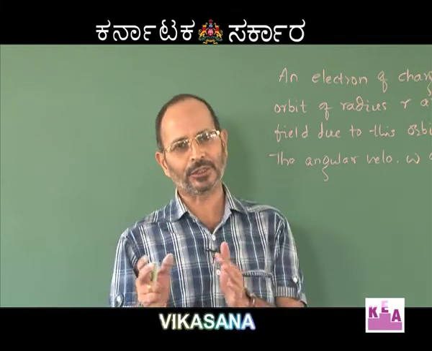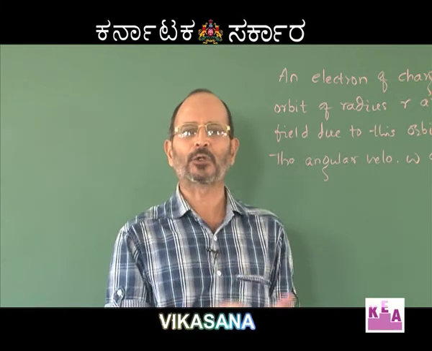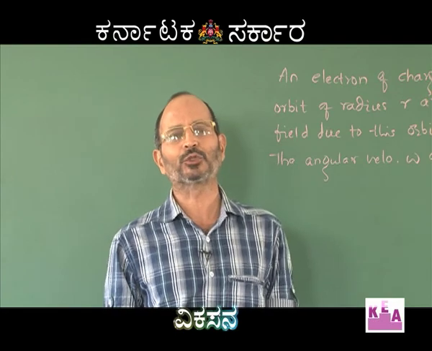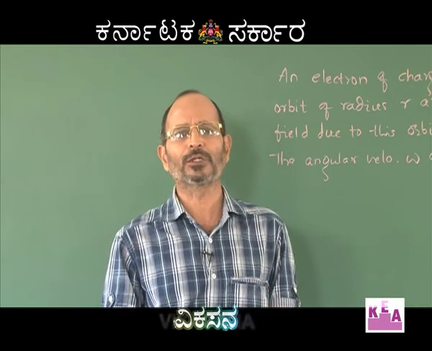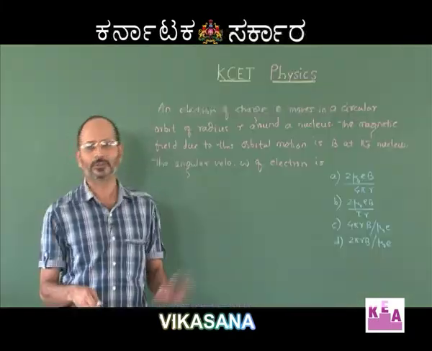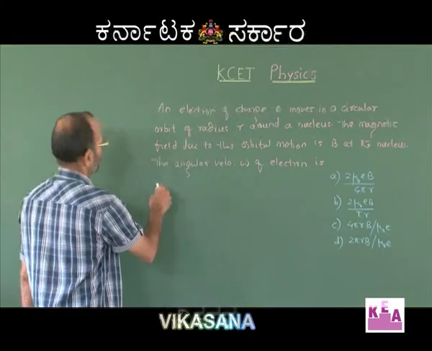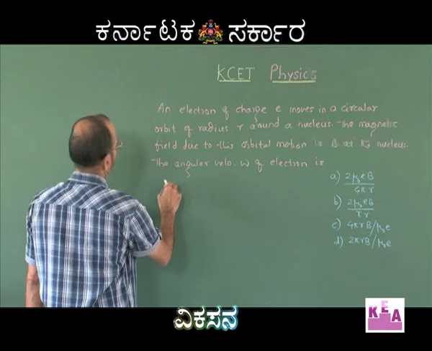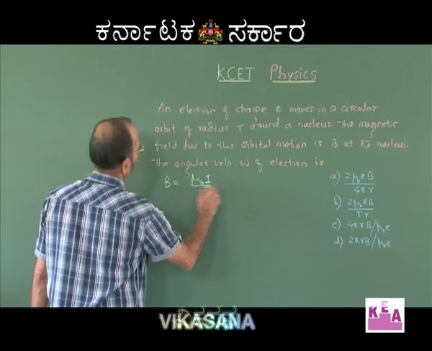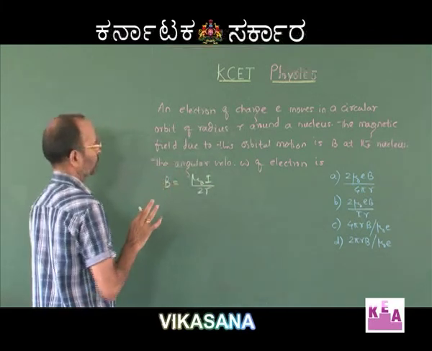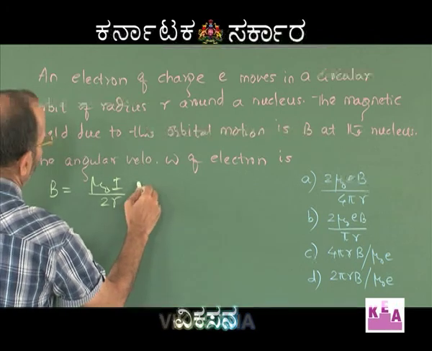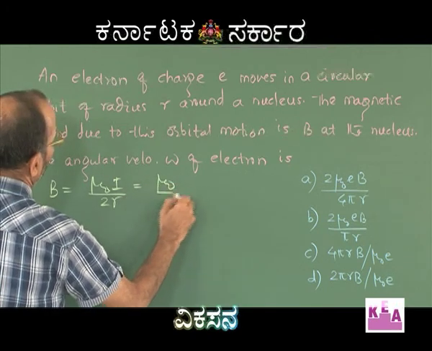So, let me first write the current which the electron going around the nucleus will constitute, and then write the magnetic field produced at the center, that is at the point where the nucleus is present, to be B, and then find out the angular velocity. Just see the manipulation. Now I will write the magnetic field produced as mu naught I divided by 2R first. Now I will replace this I by the orbital motion of the electron, and that will be mu naught by